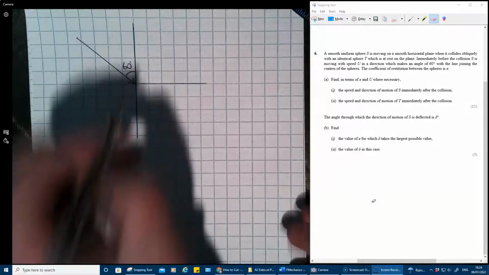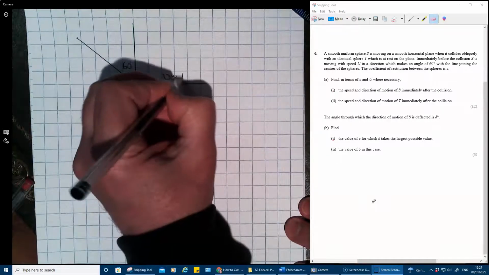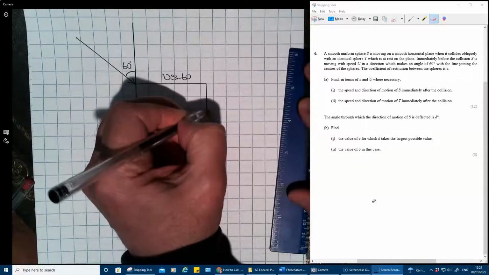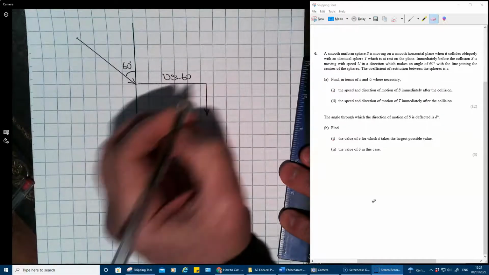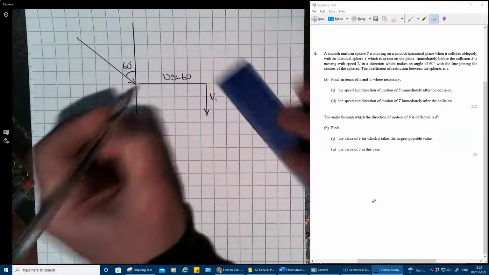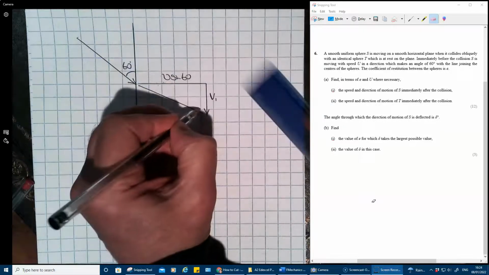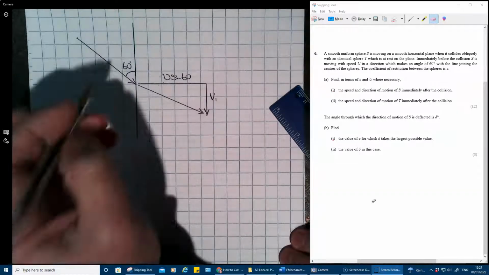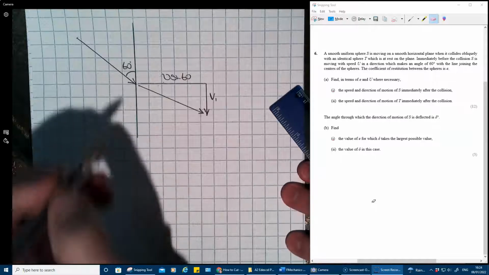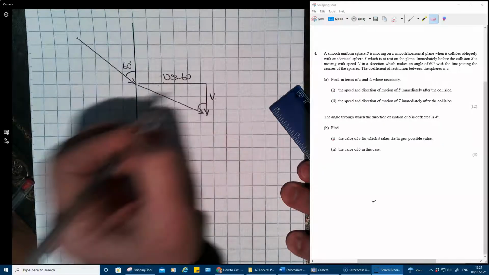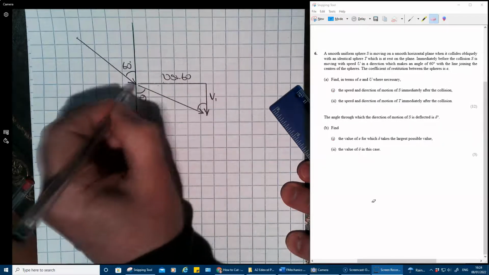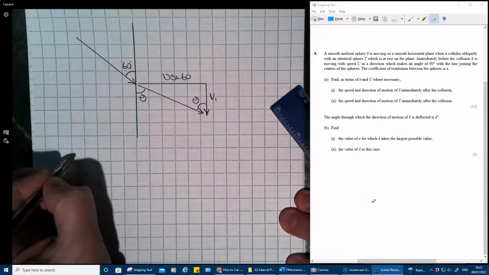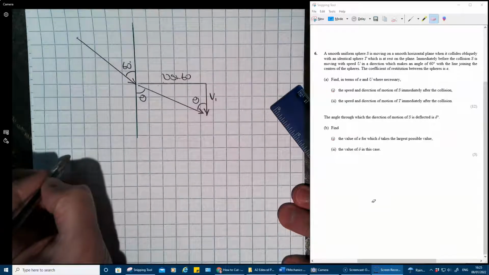u sin 60, and we know this was our v1, so this is the direction it travelled in. So we are looking to find theta here. That's the direction we're interested in. It's the same angle there. So the direction S travels in